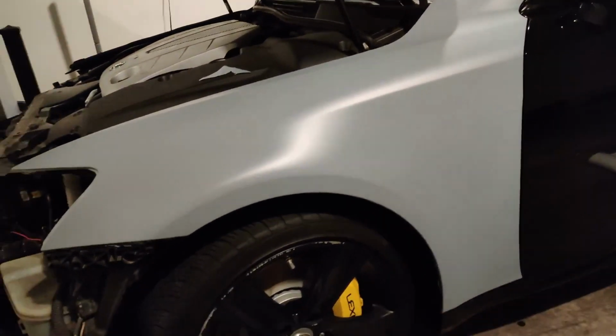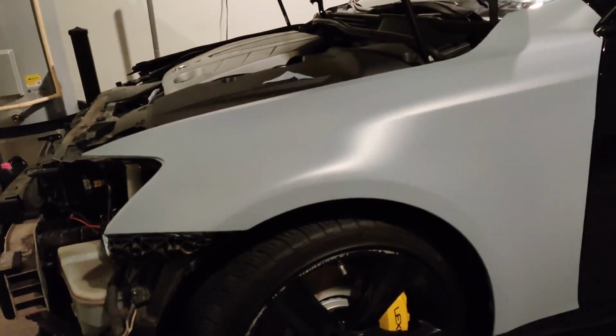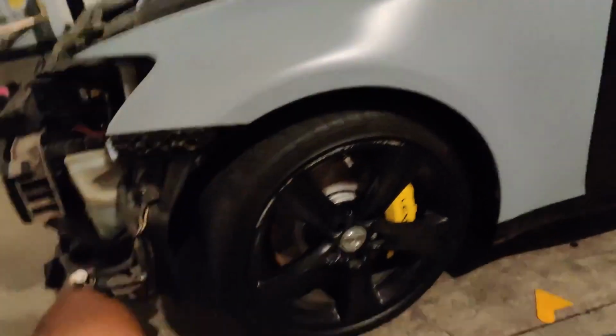This vinyl's not really easy to work with for me, but I'm also a beginner, so that's probably why. Let me turn it. Yeah, so this vinyl is not really easy for me to work with. Probably because I'm a beginner, more than likely because I'm a beginner. I don't like it. This is a severe undertaking. We've been working a lot, trying to get the wrap done and everything. And I don't know, I say it's like,